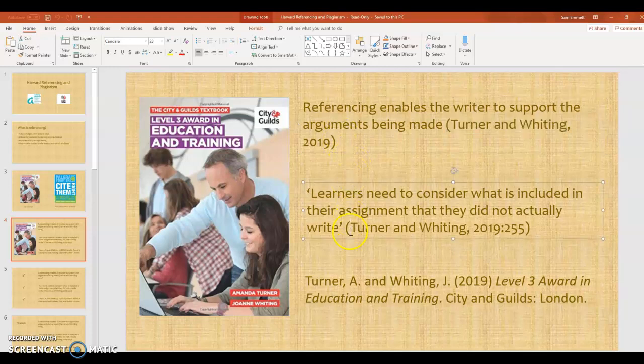If we're making a quote, it's still like this as a citation, but now we've added the page number. I do it like this. There's nothing to stop you doing it like that. Okay. And then at the end, you have a list called references, and this is how it would look at